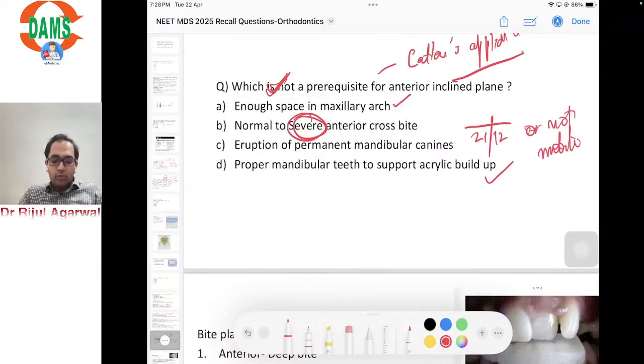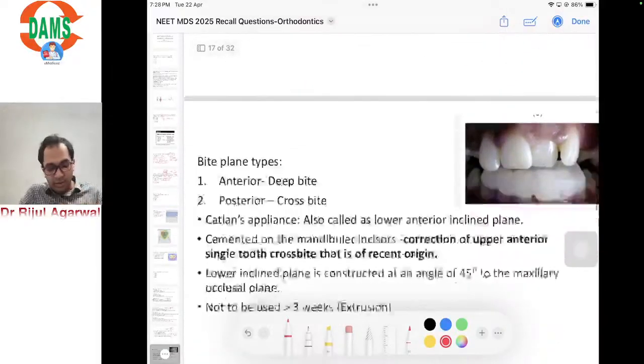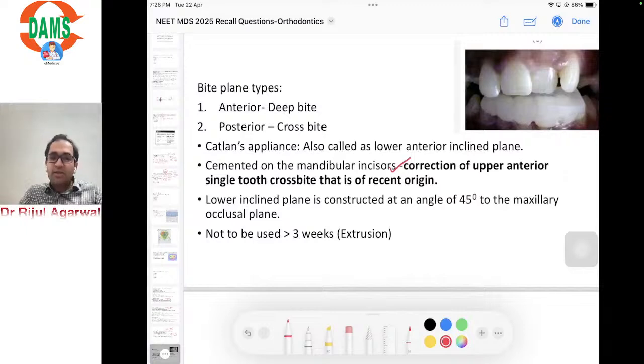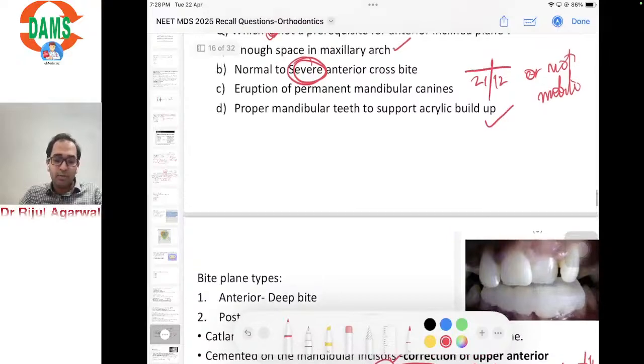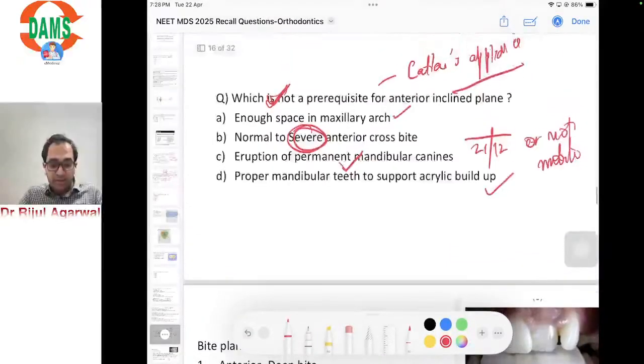Okay, so the prerequisite for giving a Catalan's appliance: first of all, Catalan's appliance is for correction of an upper anterior single tooth crossbite that is of recent origin. Means if we look at it in the stage of dentition, it is early mixed dentition. Early mixed dentition means lower incisors are the first to erupt, they have erupted. Canines erupt late, approximately 9, 10, 11, 12, some not at that age. So for giving a Catalan's appliance it's not necessary for the permanent mandibular canines to be erupted, and hence it's not a prerequisite for